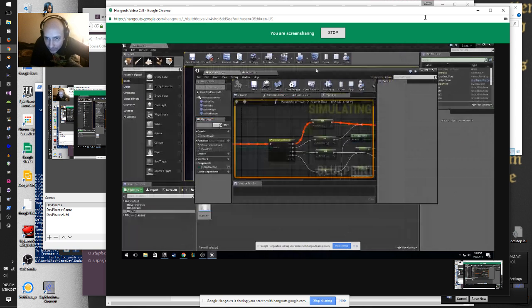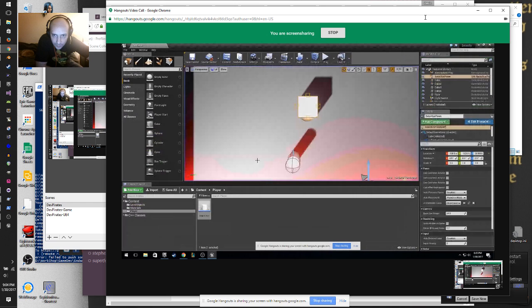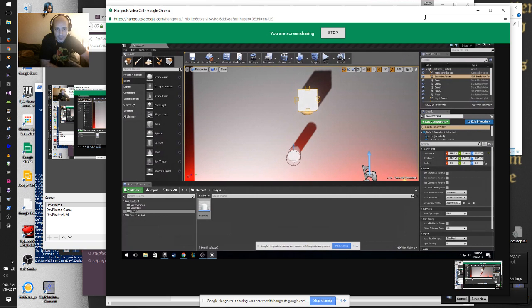Okay, world direction. Where does it get the world direction from? This right here. Okay, so how does that float you're plugging in know whether it's going to go up or down or left or right?